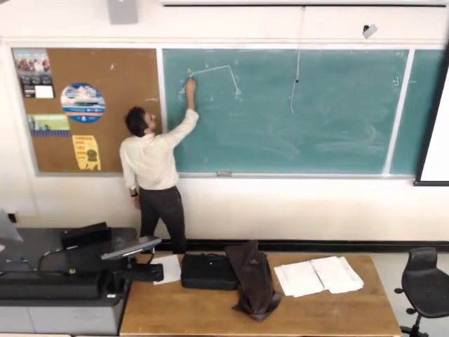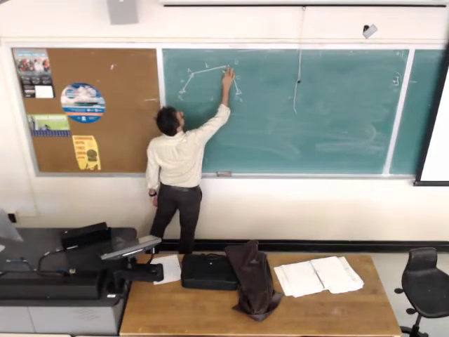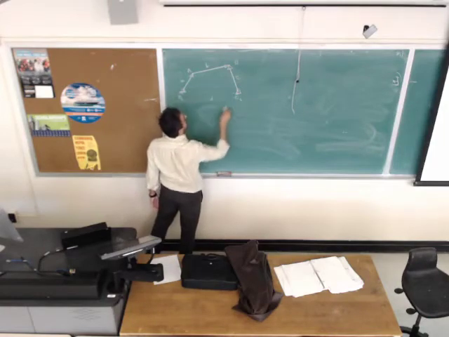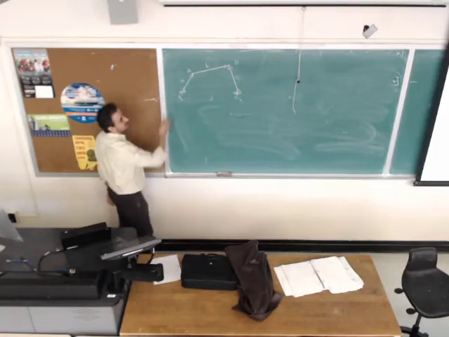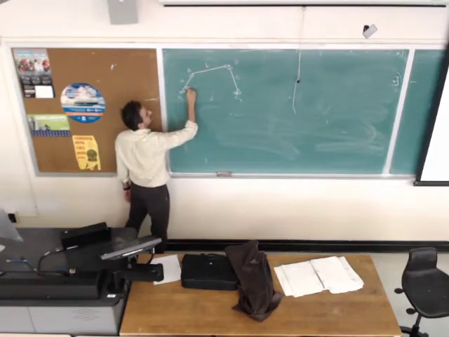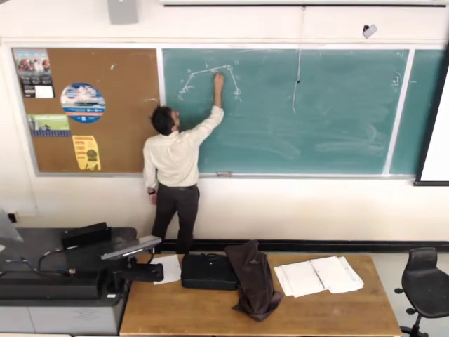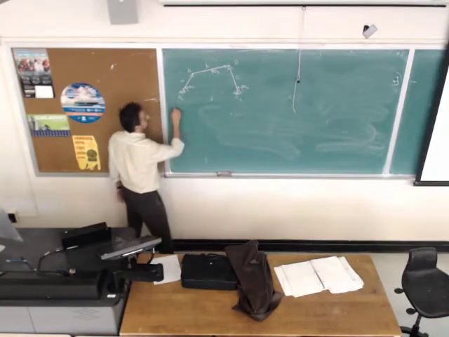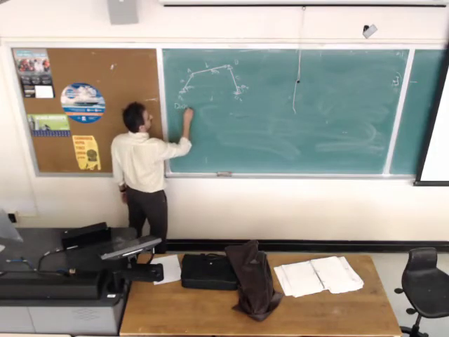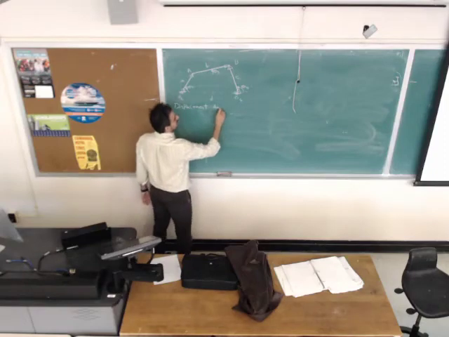The way that I form the vectors is like this. Since I labeled the vectors in this form, this is going to be theta 2, this is going to be theta 3, and this is going to be theta 4. So for displacement analysis,